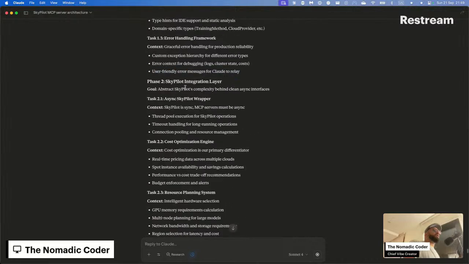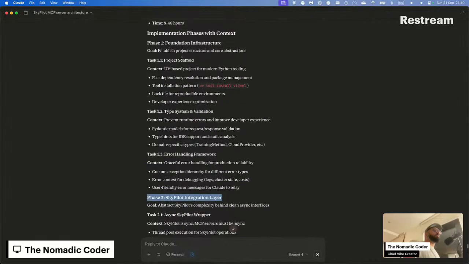Phase through is the SkyPilot integration scaffold.